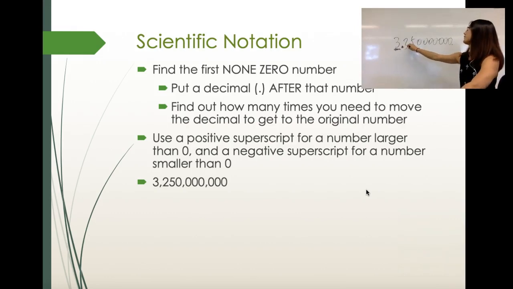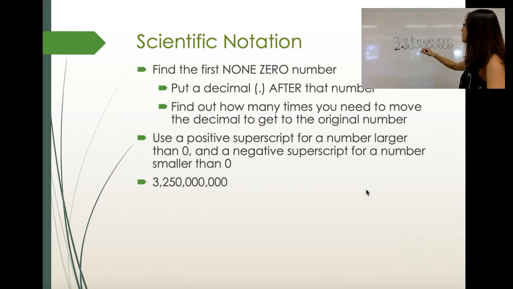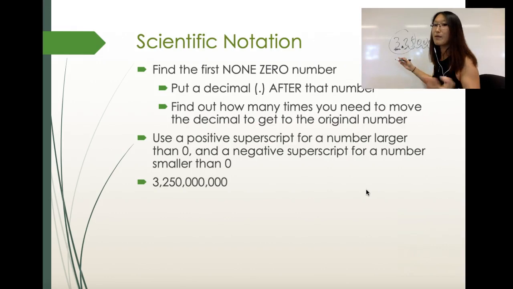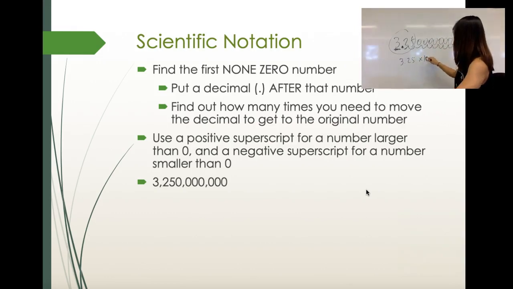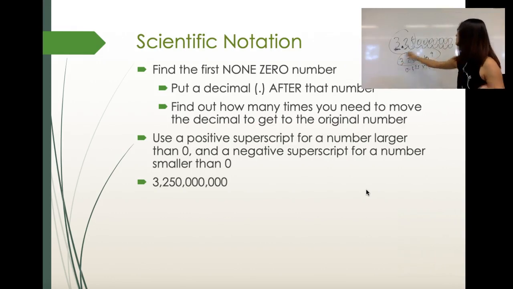Let's see. 1, 2, 3, 4, 5, 6, 7, 8, 9. Okay? So the result is 3.25, because that's where our imagination is now coming true. 3.25 times 10 to the however many times you move the decimal, which I think was 9. 1, 2, 3, 4, 5, 6, 7, 8, 9, right? If you want to do 0.325 times 10 to the 10th, that's fine too, but this will be the preferred